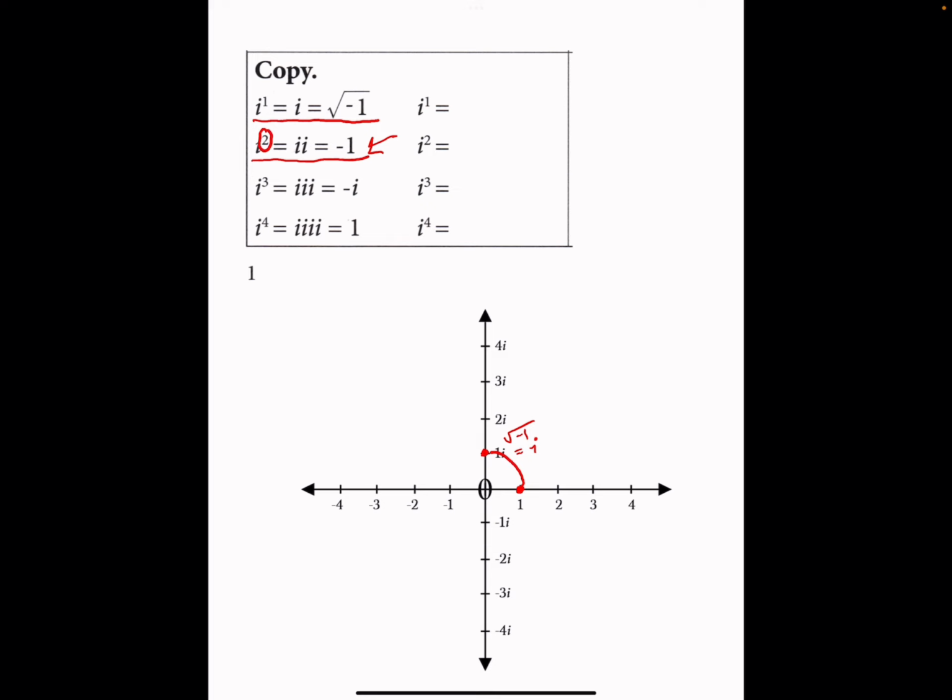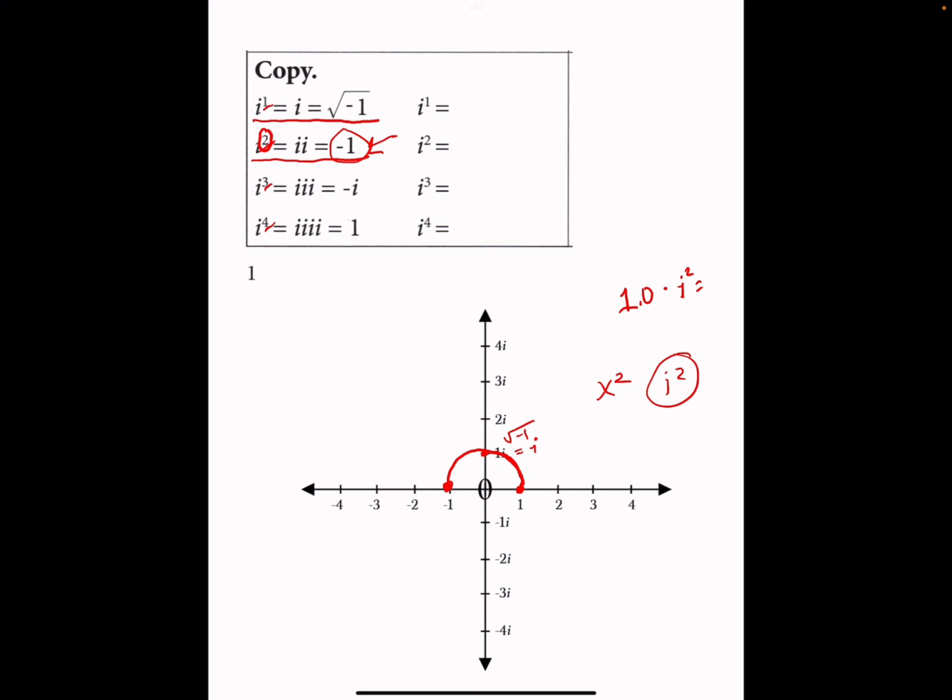The second rotation, we're multiplying times I twice. I twice. Okay? So in this instance, we're taking 1.0 times I squared. So we made our first rotation. Now we're going to make our second rotation, and we're going to end up at -1. And here is your -1. So it's kind of like thinking when you look at these exponents here, it's how many times you're rotating